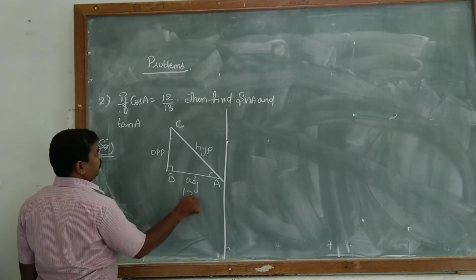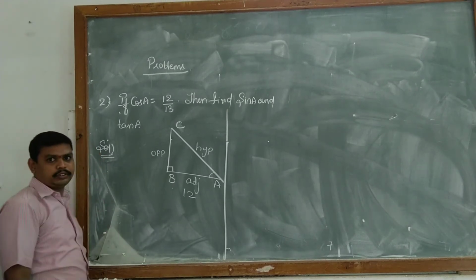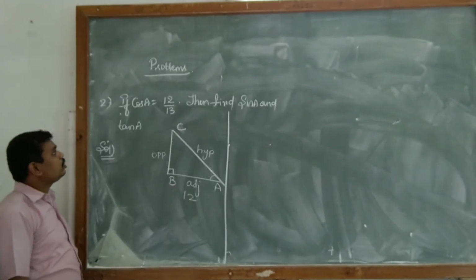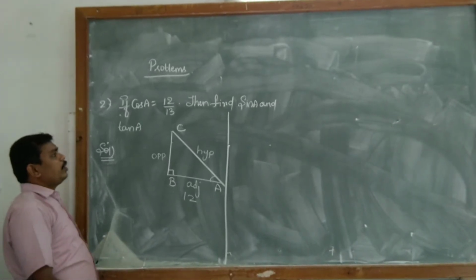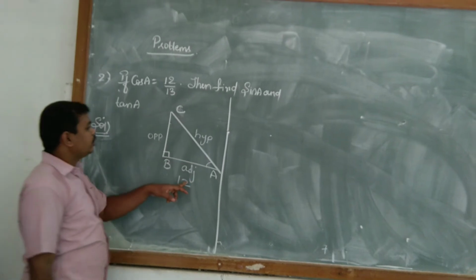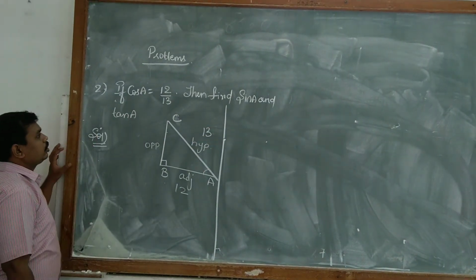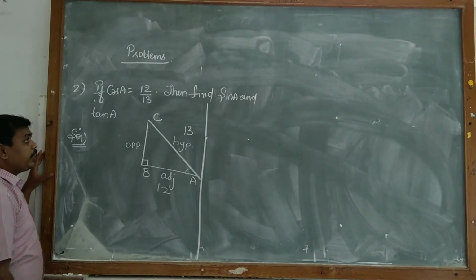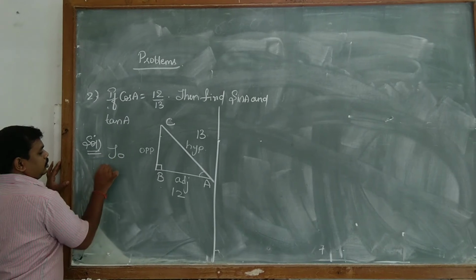This is adjacent by hypotenuse. Cos A is equal to what? 12 by 13. Means what is that called? Adjacent by hypotenuse. That is 12 by 13. Okay. But we need to find out what? To find sin A